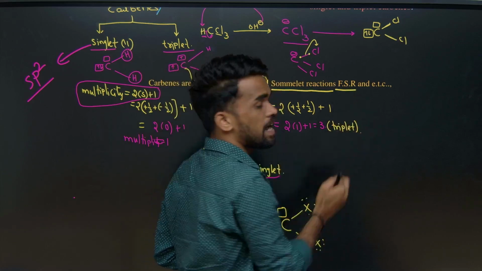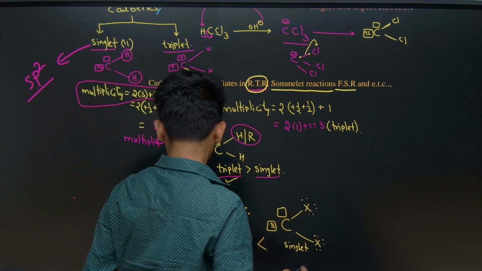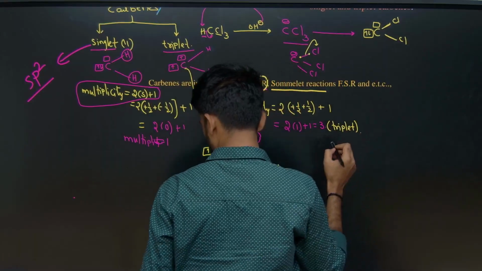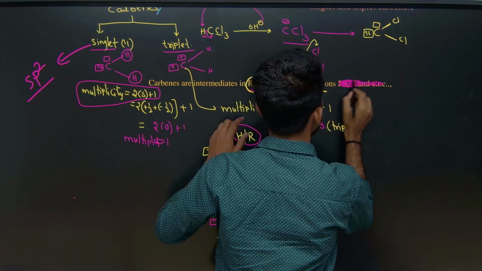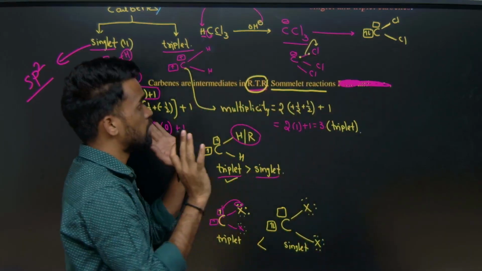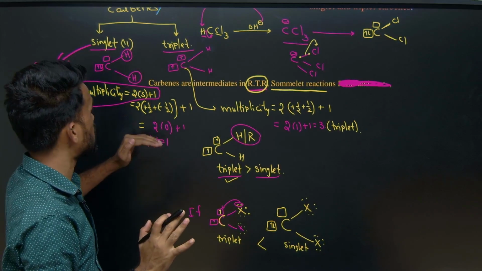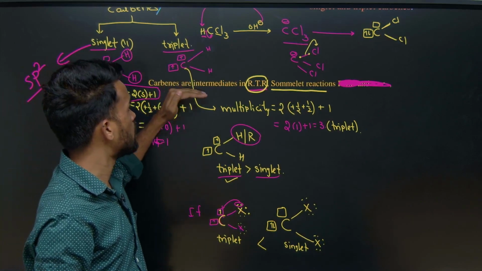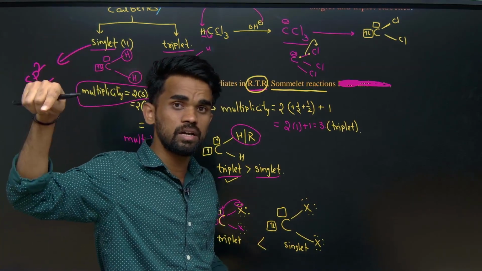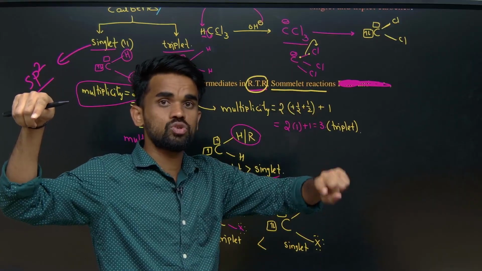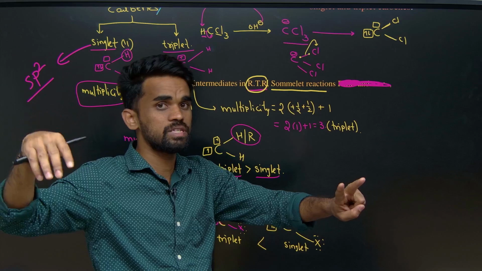And also free radical substitution. But not that one here, it is not in this case, so you just take only the first two examples. The Simmons-Smith reaction and Reimer-Tiemann reaction are examples in which a carbene is involved as an intermediate. Free radicals are intermediates in free radical substitution and free radical addition reactions, which we already discussed